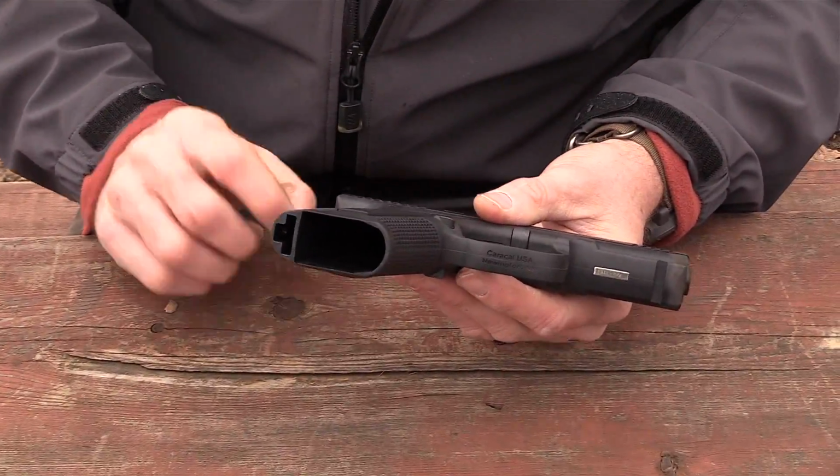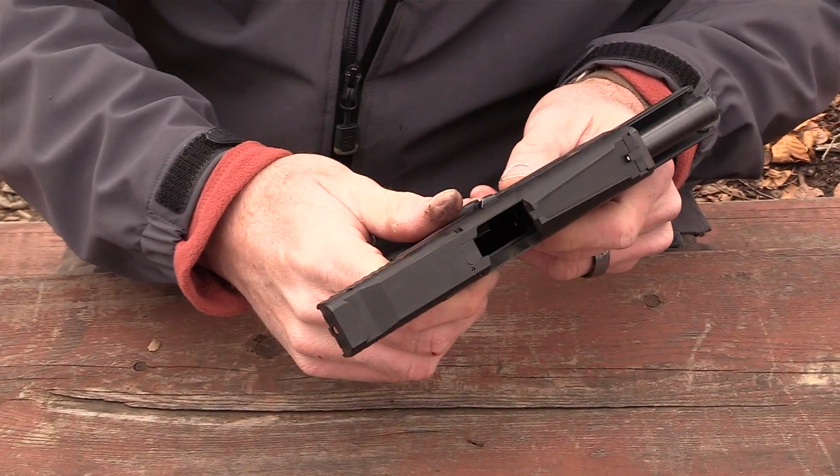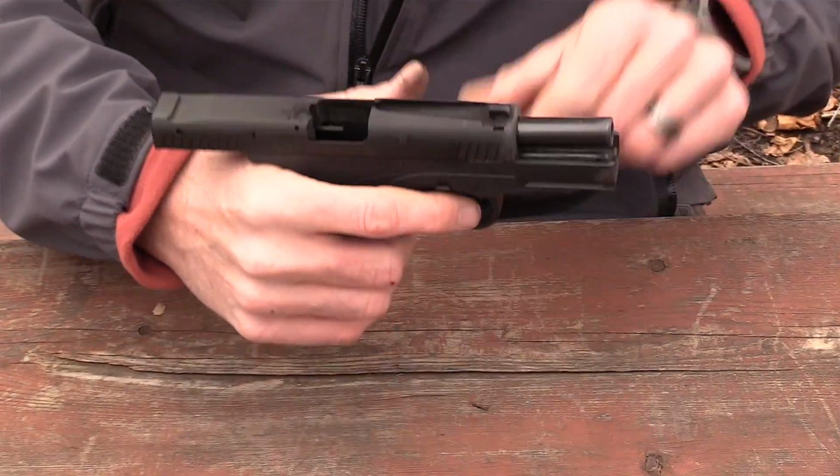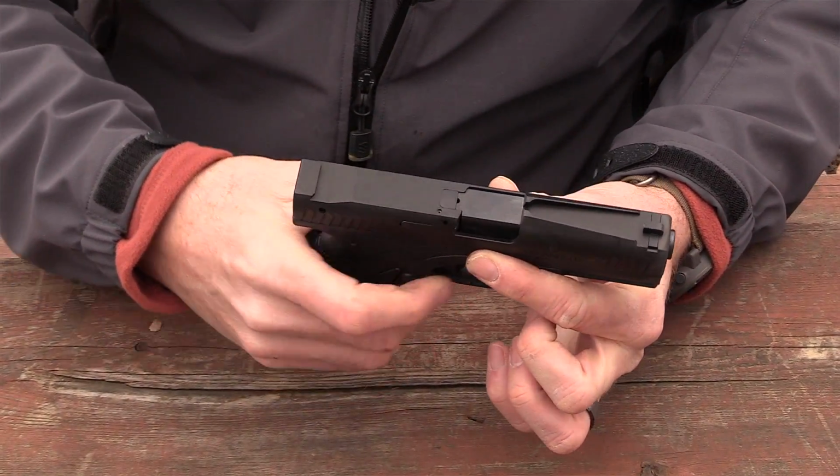In this case, it is. I'm going to go ahead and lock the slide to the rear and make sure that the chamber is empty, and it is. Now I'm going to let the slide go home. I'm going to point the gun in a safe direction, pull the trigger, and then right